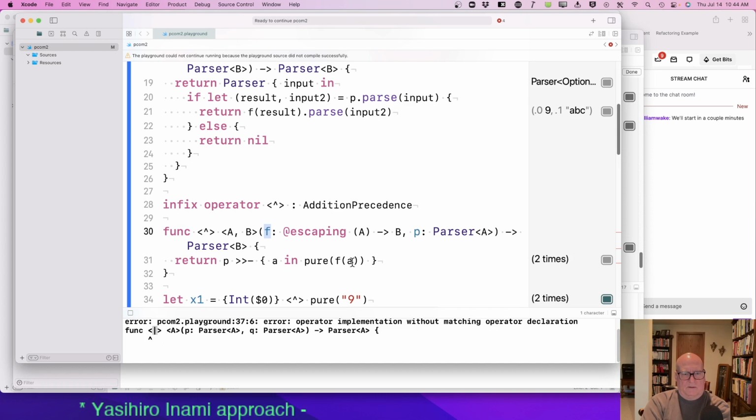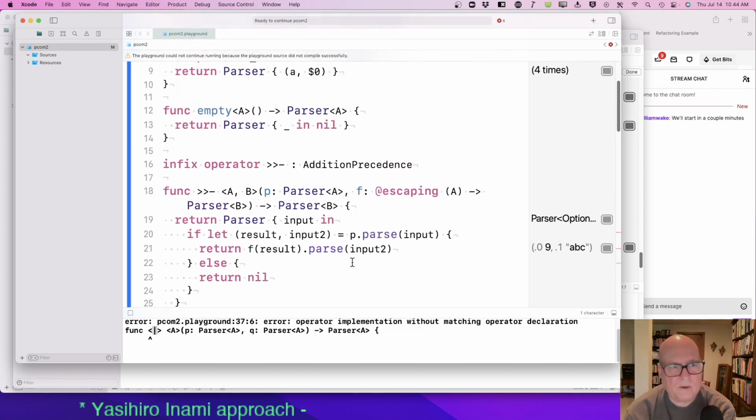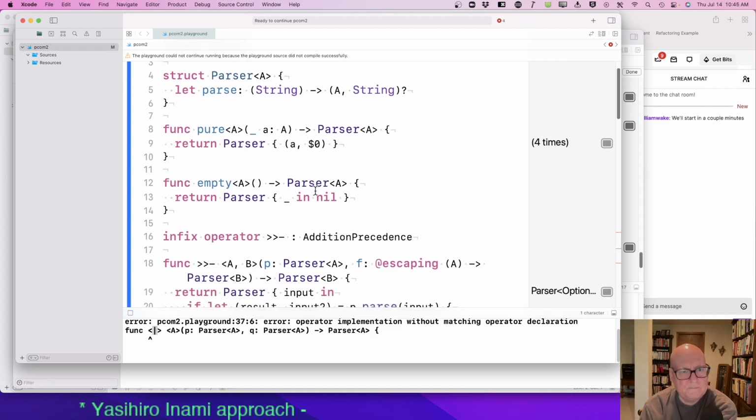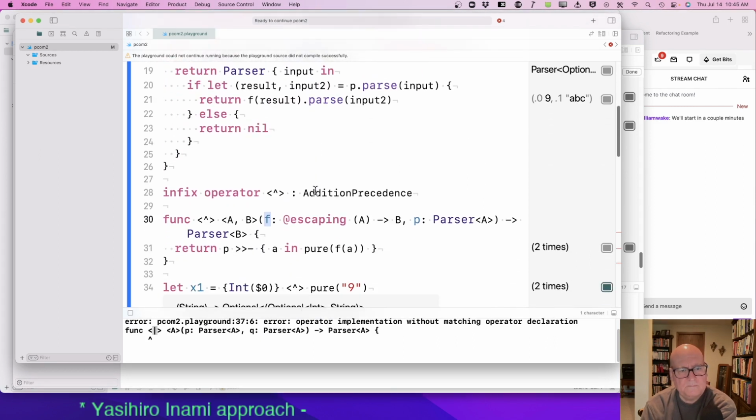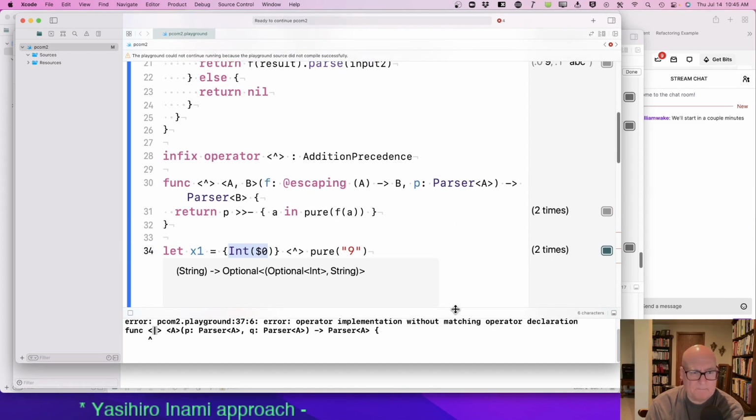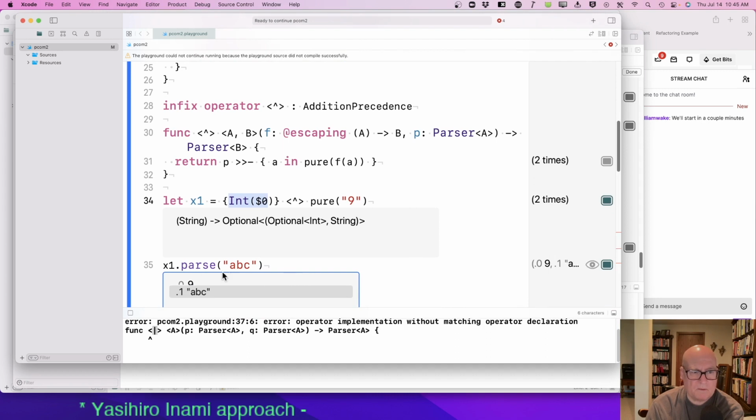And it's a parser. So here we applied the int function to the front, and then we get the rest back.